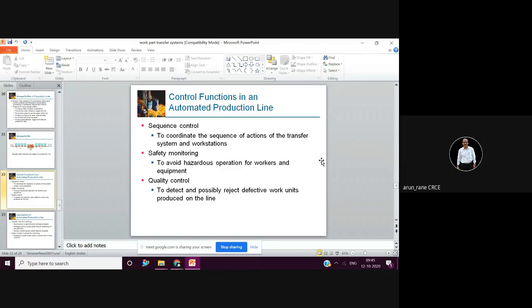Then you have to tie the hair, so you have to have a proper cap, and then you have to wear proper gloves. Not only safety, but they are very particular about damages also. It has happened that because of a belt or a wristwatch, scratches were produced on the component. If you see Volkswagen, I'll show the videos, the assembly line finished product,